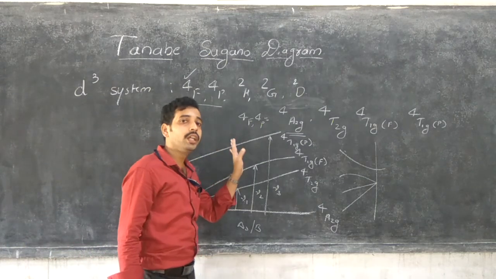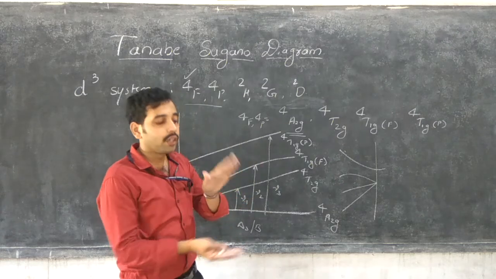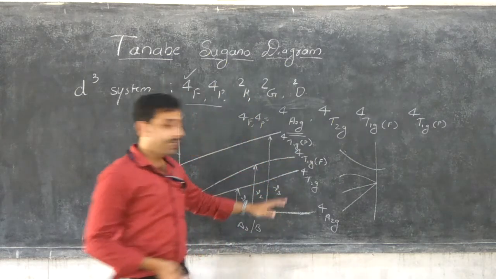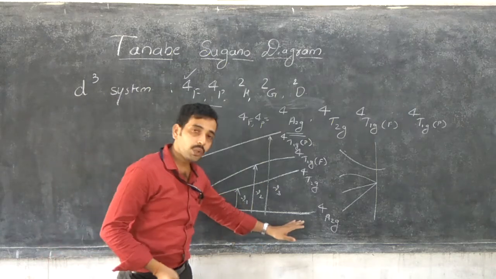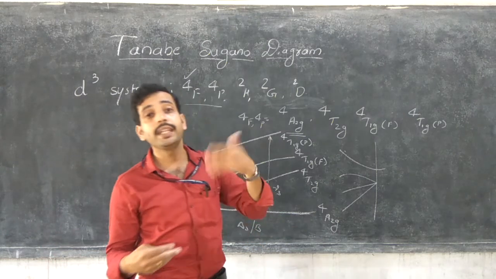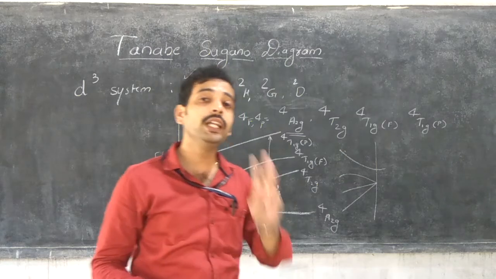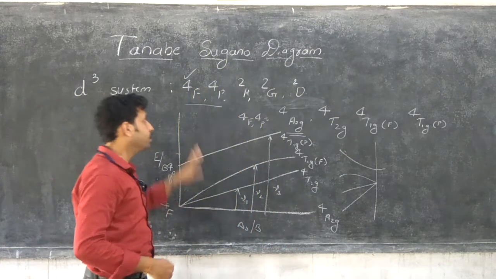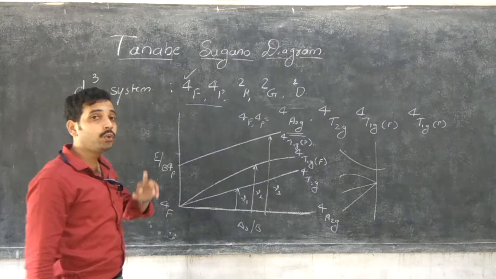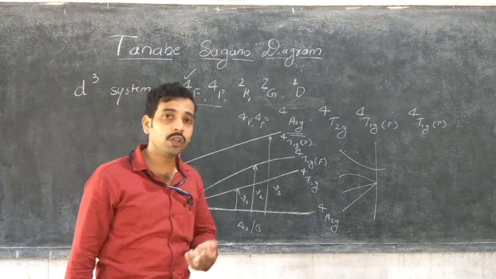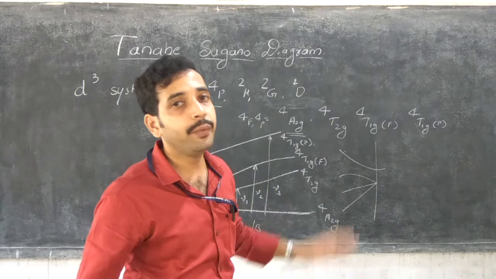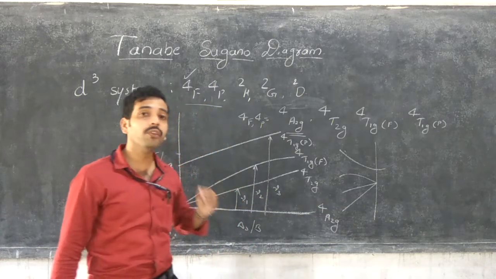It's similar to the Orgel diagram, but we can rotate the Orgel diagram, and the lowest energy term is considered as zero energy. From the zero energy, the electronic transition takes place to the next higher energy level. That's why three transition lines are observed in the d3 system. And how is it useful to calculate the energy? It's a qualitative analysis. Qualitative analysis means the number of transition lines.